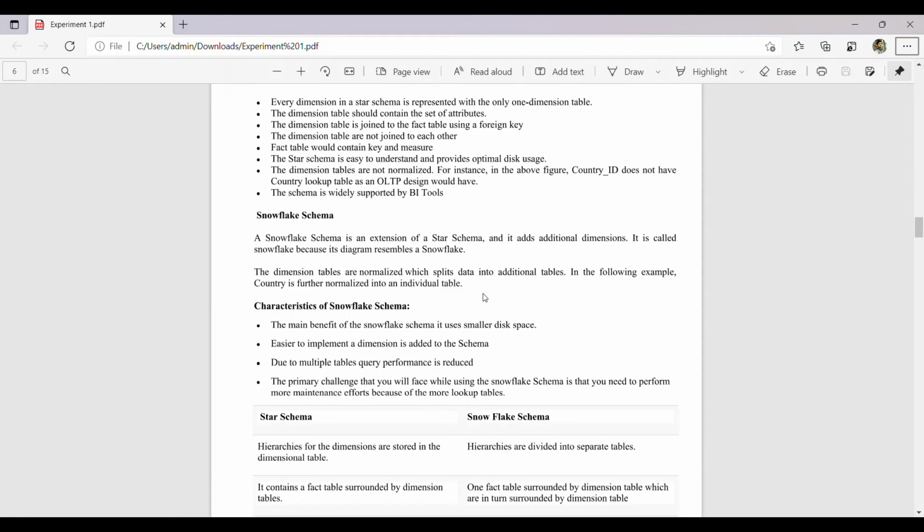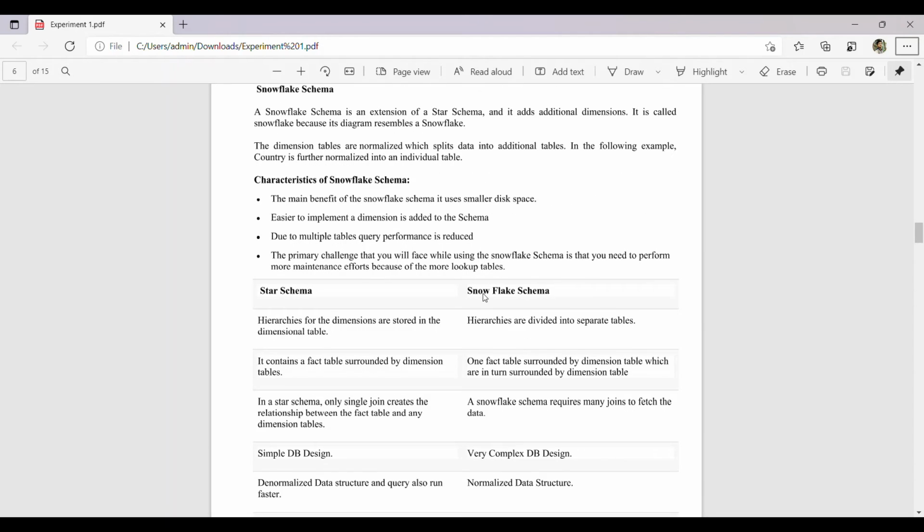Now, snowflake schema. A snowflake schema is an extension of star schema, with additional dimensions. It is called a snowflake because its diagram resembles a snowflake. The dimension tables are normalized, which splits data into additional tables. In the following example, countries are further normalized into individual tables. The main benefit of the snowflake schema is that it uses smaller disk space and is easier to implement.